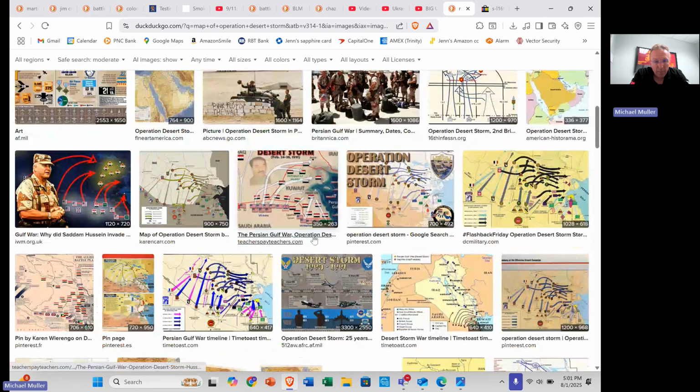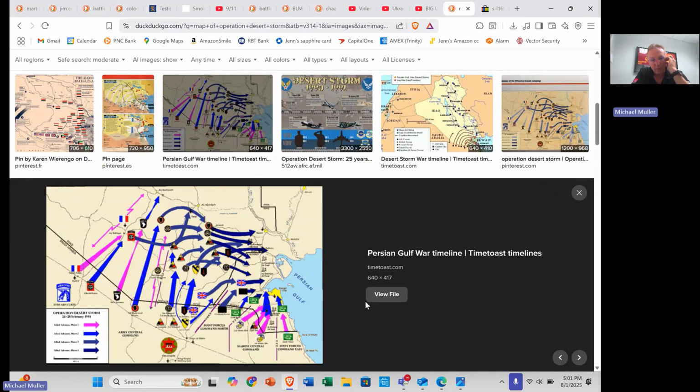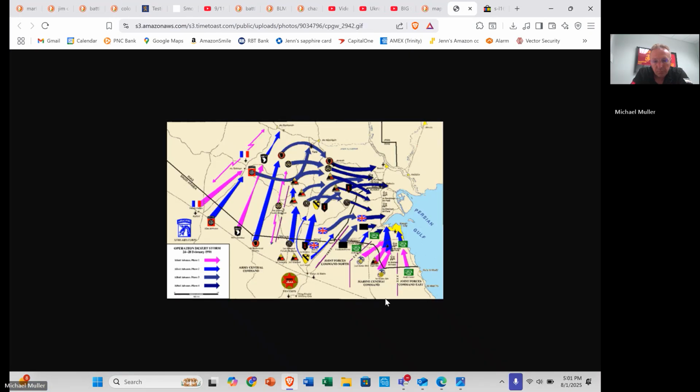Let's see, where was the other map I had found earlier? There it is, this one right here. Okay, so this map I think goes a little deeper. The Marine Corps holds this gap here, and the Army basically does an end around run. So they go all the way deep. Look at all these divisions, these airborne divisions, these armored divisions. Look how many armored divisions we have here.